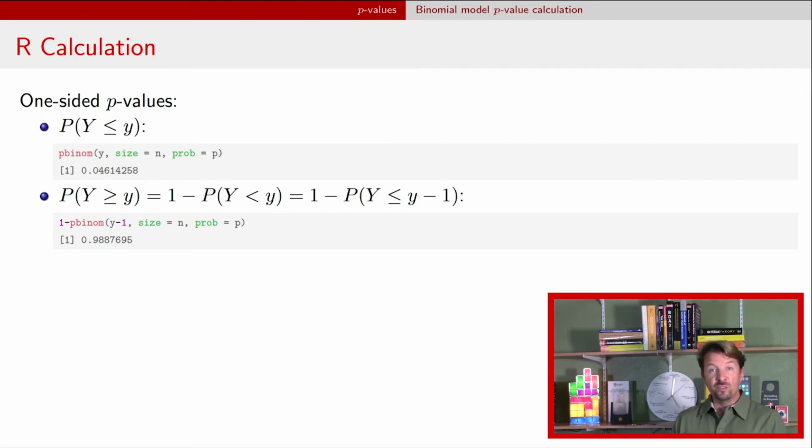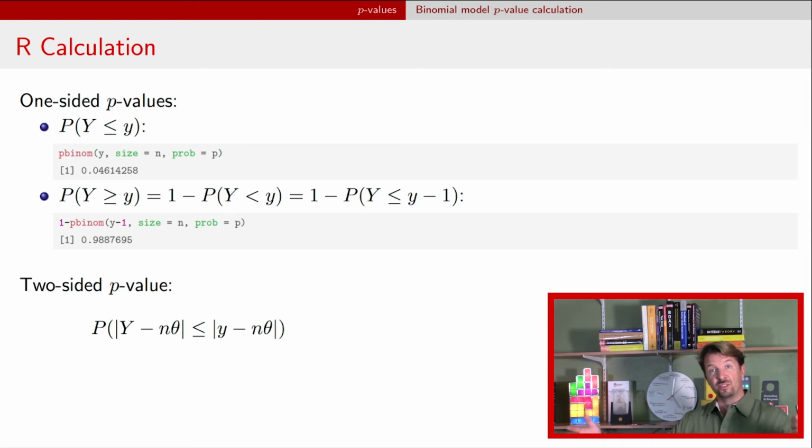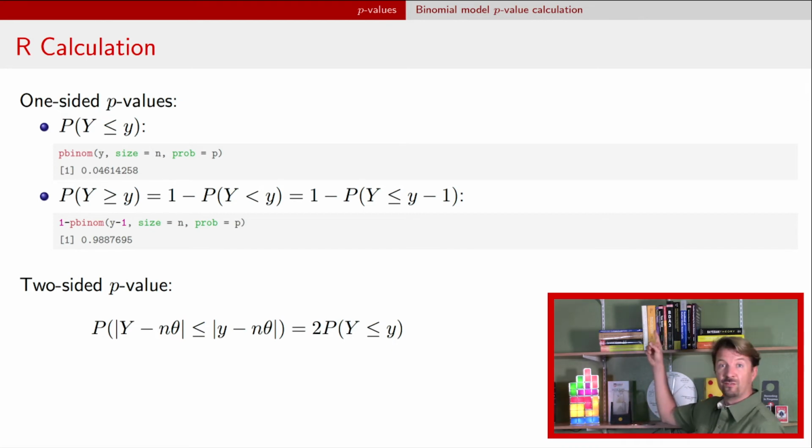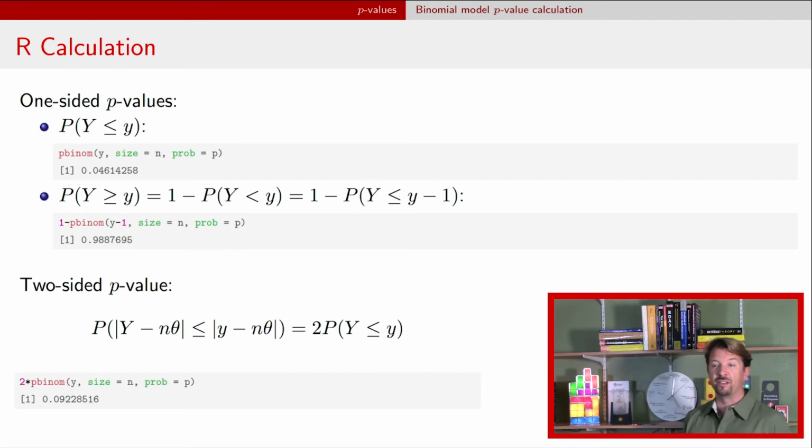The last one, the two-sided hypothesis, we're going to use that idea that we can calculate the two sides, or we can just calculate one of the sides and multiply by 2 because the areas were actually equal. And so that's the statement right here. We're just going to calculate that left side, which we already did as the first calculation, and multiply it by 2. And we find that the probability here, or the p-value, is about 0.1. All right, so that was a binomial example.